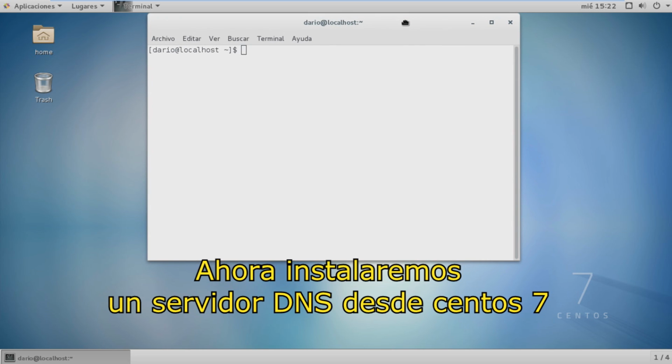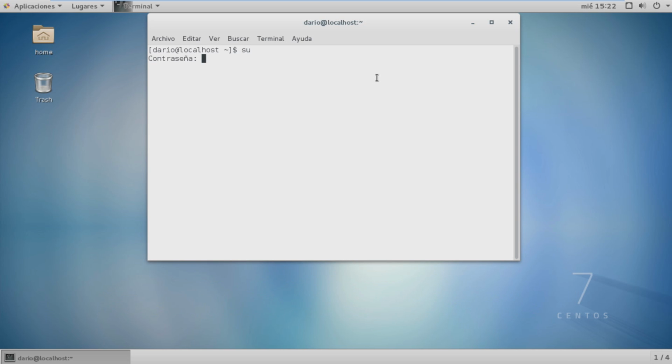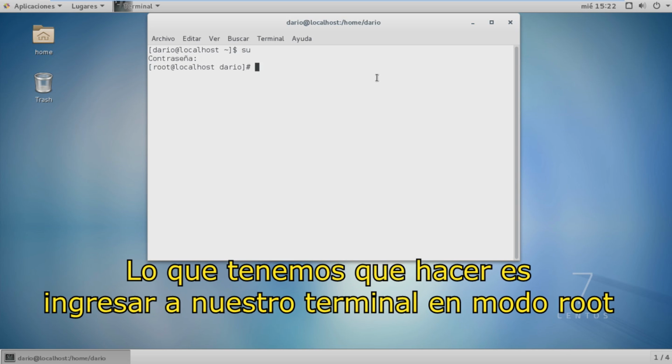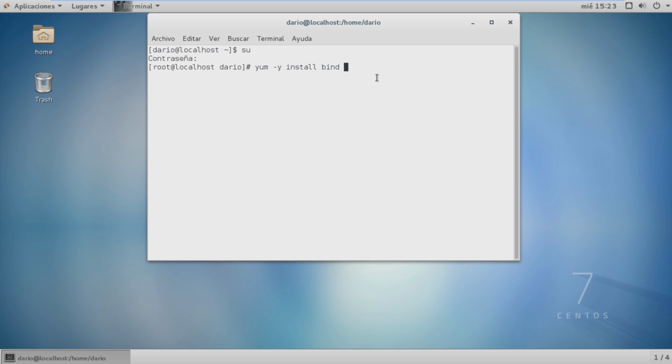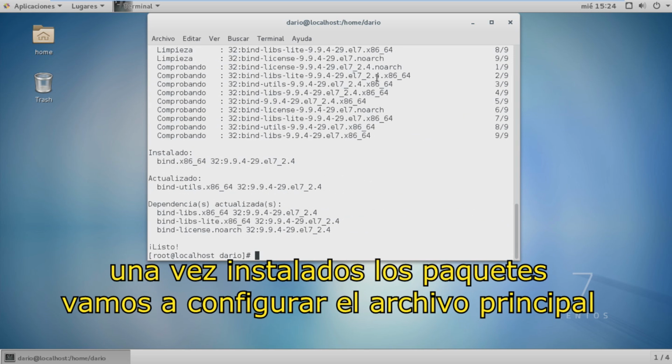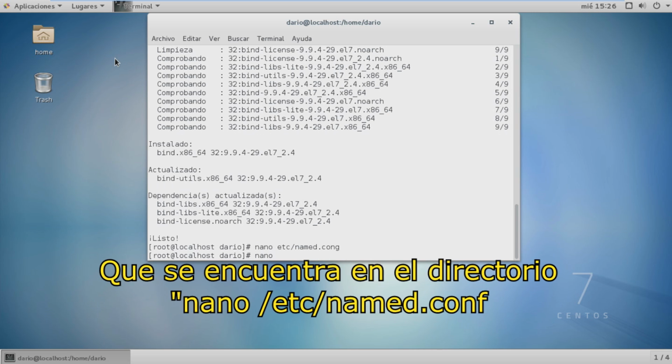Now, we will install a DNS server, since Windows 7. What we have to do is enter our terminal in root mode and install the packages with the command yum install bind bind-utils. And we wait for it to finish. Once the corresponding files are installed, we will configure the main file. This is in the directory